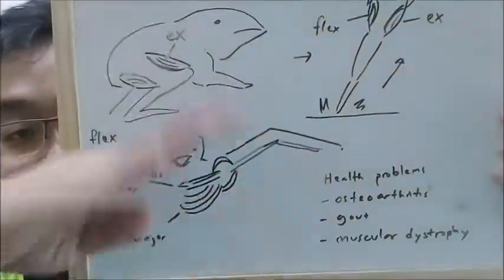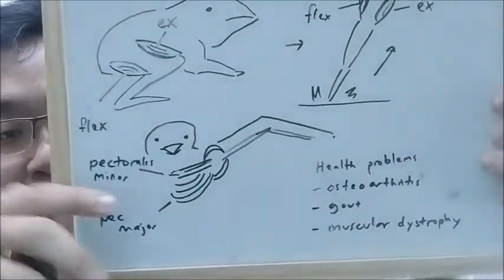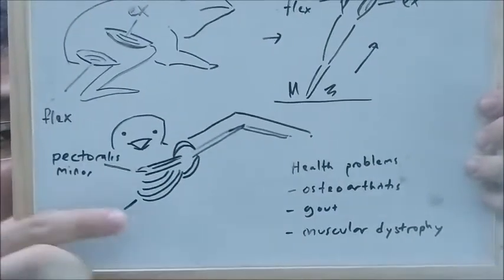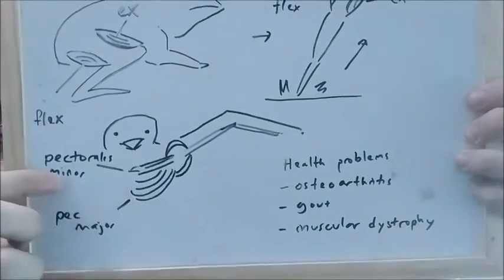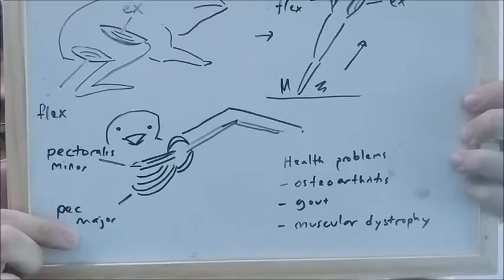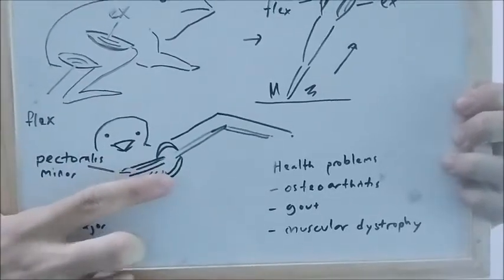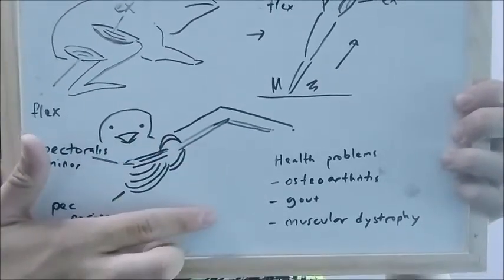Once the wings are up, now you have to flap down. Then the pectoralis major will contract, and this one relaxes. So the pectoralis major contracts, produces pulling force, pulls the humerus down, and flaps the wing down completely. Up, down, and they have to continuously do this in order to fly. So birds,